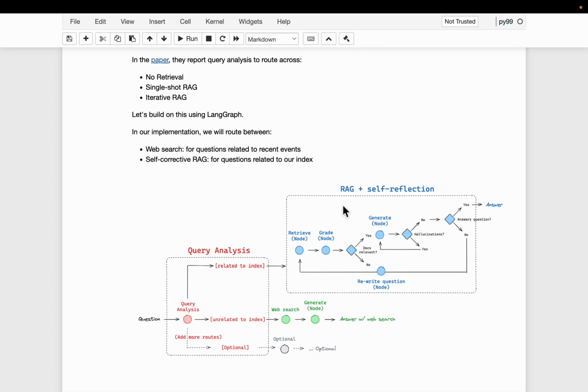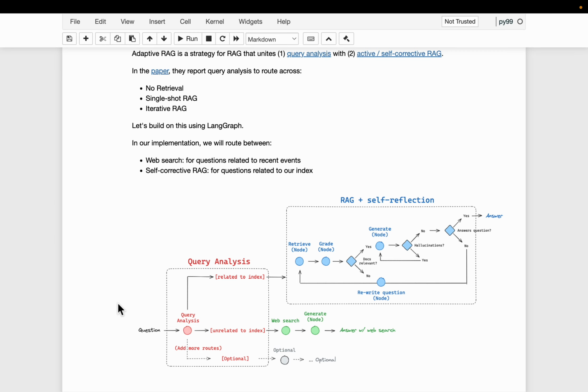These three reflections we have, and we also have a router at the very beginning to decide which index we should go to if there are multiple indexes, or if we should go to an index at all. So that's the adaptive RAG system with self-reflection.